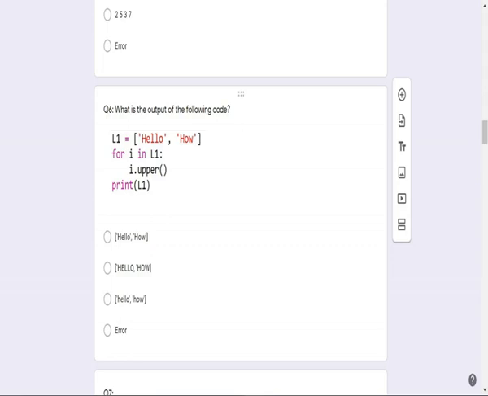If you write the statement print of i dot upper, then only hello and how are printed in uppercase letters. Otherwise, it does not perform any modification. Okay, so the answer is as it is, hello and how. Option 1 is the correct answer.